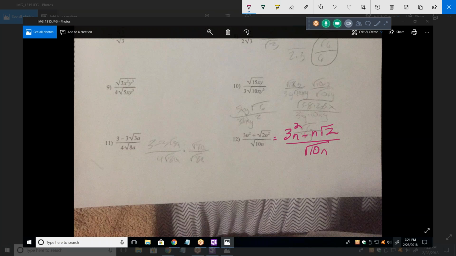Multiply the numerator by square root of 10 and then distribute it. Okay, what's my numerator become? You have 3n squared times 10 and hold on. I'm not hearing you. You need to put your voice closer to your mic. Can you hear me? Much better. Huge difference. Wouldn't you just put it as like 3n squared square root of 10n plus